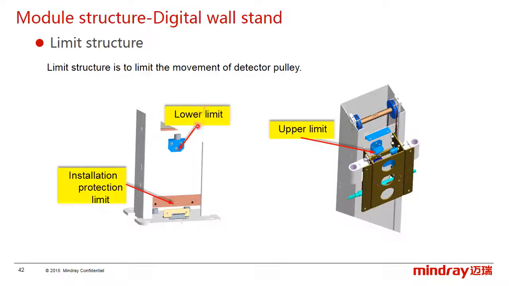On the top and bottom of the wall stand, there are two travel limit structures, the lower one and the upper one,